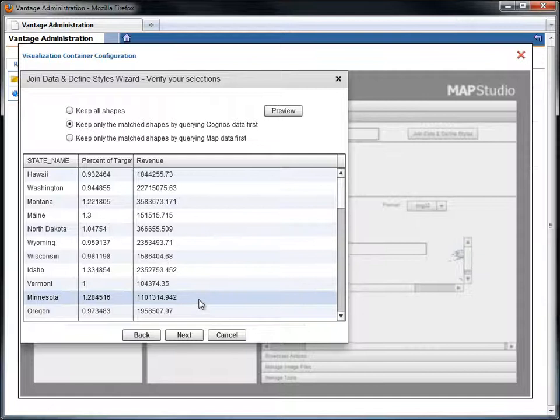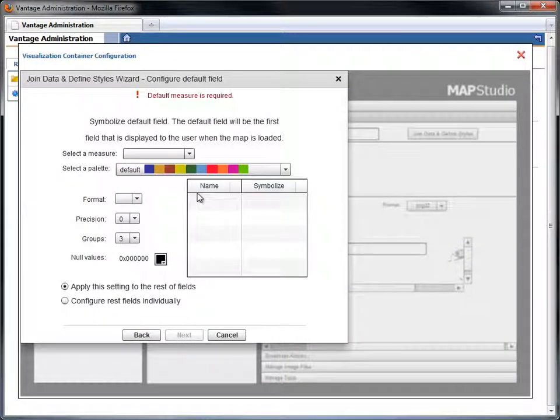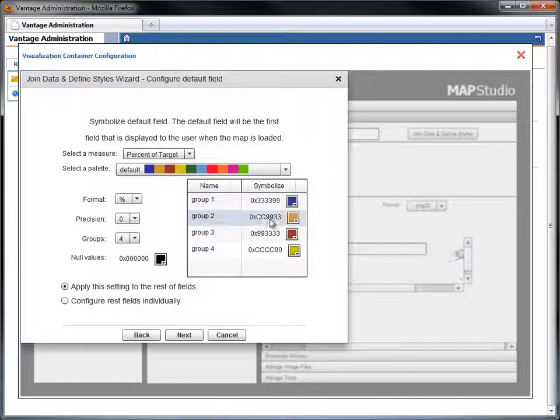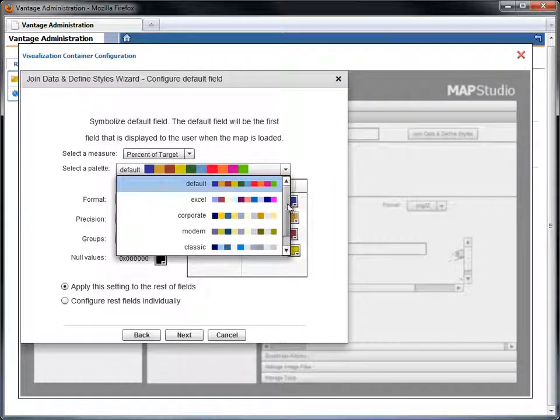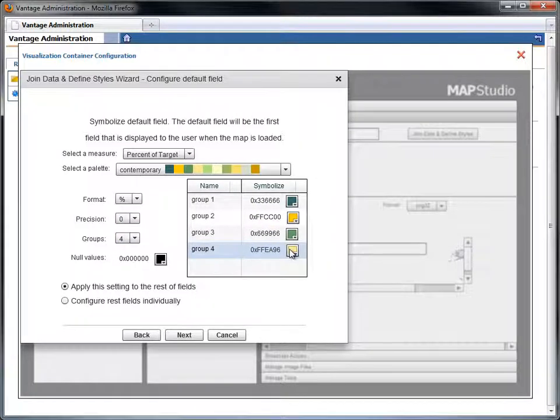And now I choose how I want my measures to show up on the map, starting with the measure I want to be the default one. I set the format for the measure, as well as how many intervals I want represented in my visualization. I can easily leverage the defined palettes from IBM Cognos BI, or specify custom formatting for any segment or any